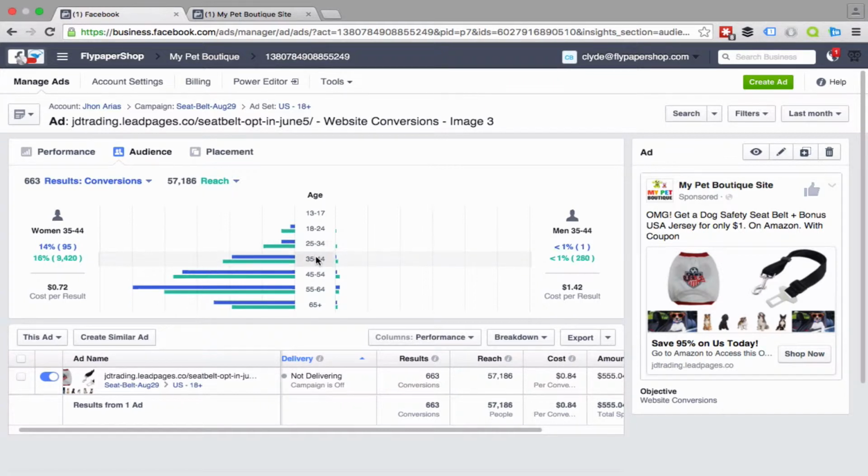And it looks like 35 through 64 spent the most money. So when we're going back to fine tune these campaigns,